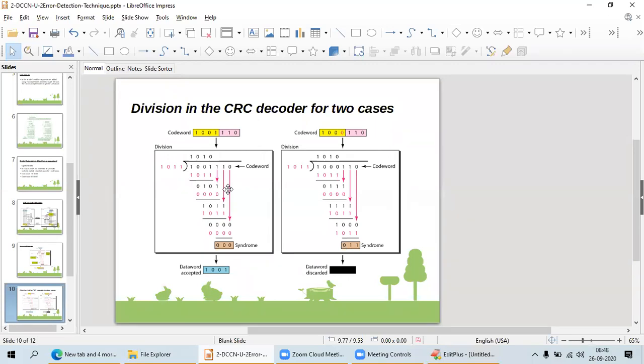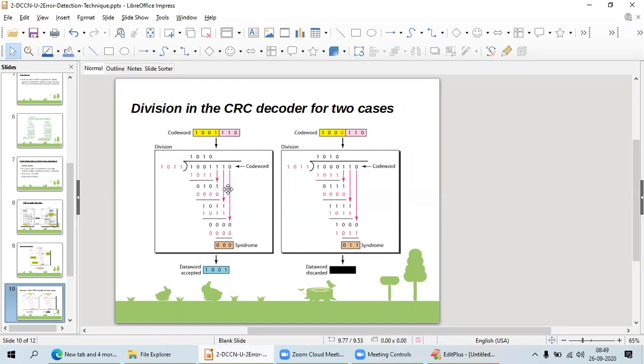Okay, here I am taking the code word 1001110, and my divisor is 1011. It is already fixed that there is a public key for the sender and receiver; they must both know the divisor 1011. Now I am dividing my code word with 1011. It starts with 1, so I divide with 1011 and get 010.